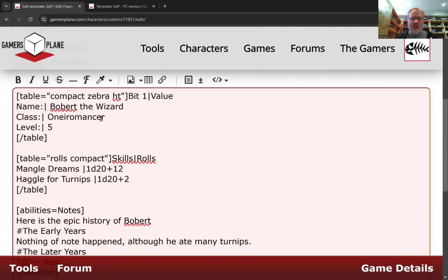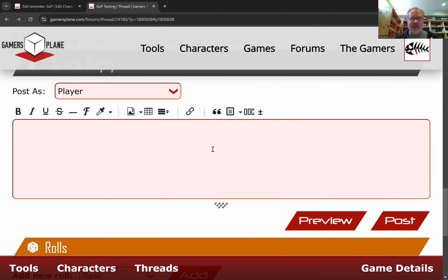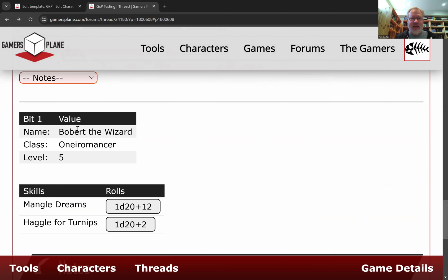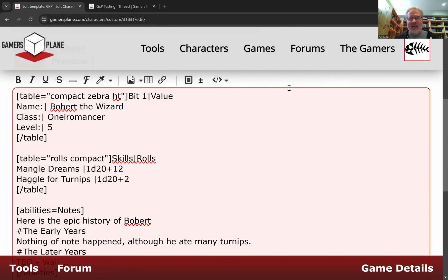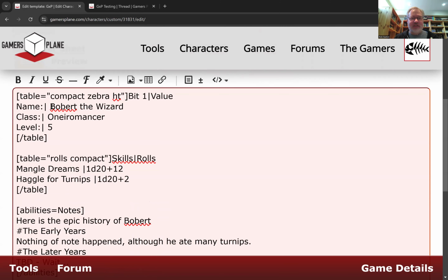So you notice that in this character sheet, if we go back into here and I look at the template, I can't edit this stuff easily. And if you're going to share it with somebody else, you probably want to make it easier. They could just go in, click edit, the pen icon in the top right, and then change this stuff. But you can make it a little bit easier by putting square bracket, underscore, equals, and close that bracket. So if we do this with each of these fields,